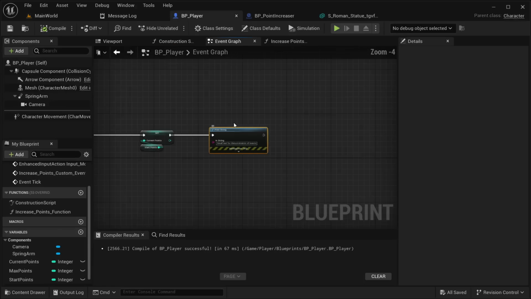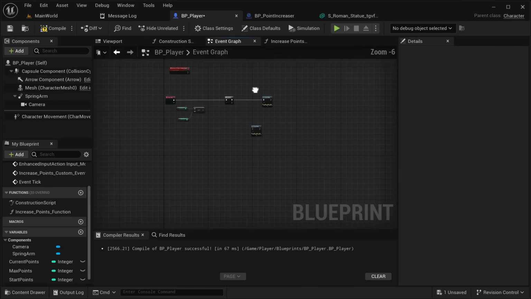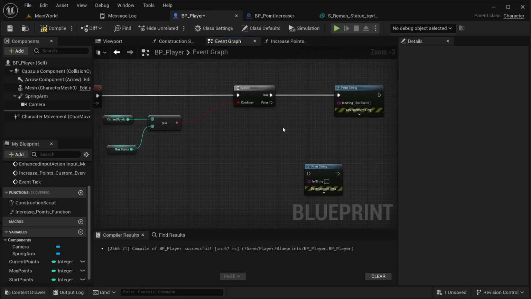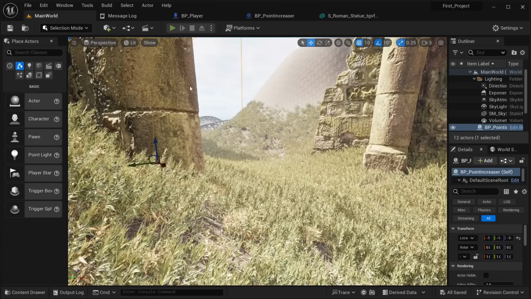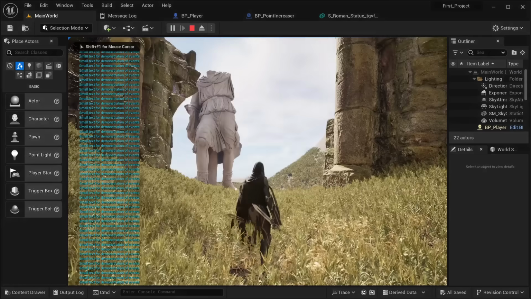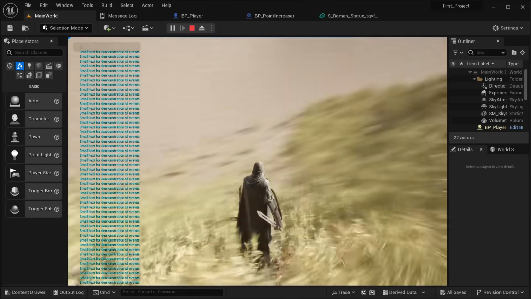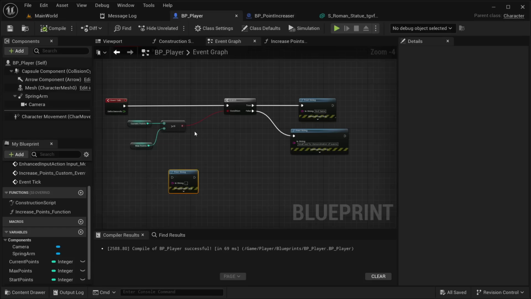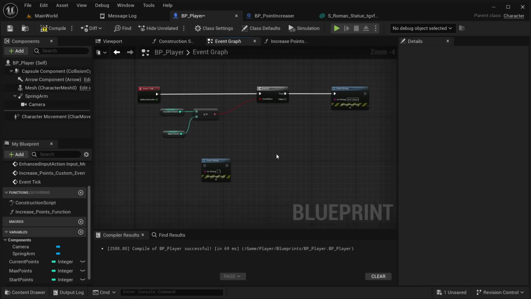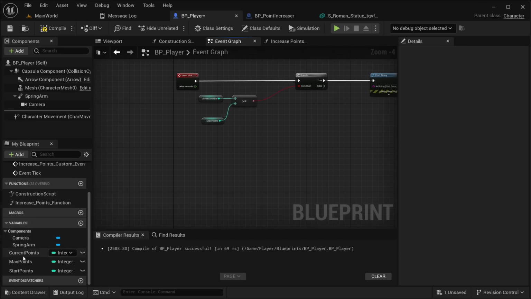But let's say instead of having this in the event begin play, I have this in the event tick over here. Let's see what it would look like. As you can see, this event is going to be playing every tick, so it's quite a lot of times, multiple times for every second. I could use that to check if a certain condition has been met. If it has, then I'm going to place this as the end of our game. So yeah,